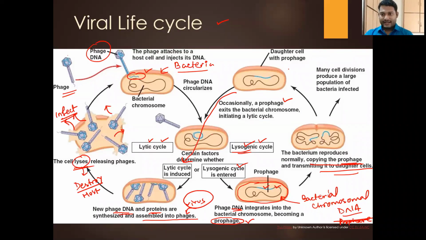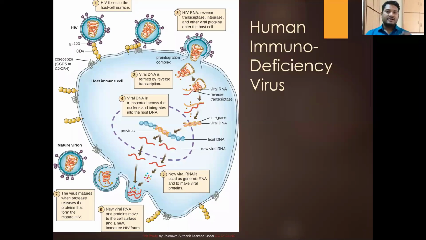That means here we have so many host cells, and each host cell can now produce a large number of phages or viruses, and they can continue the infection at a larger scale. Now, whether the virus enters the lytic or lysogenic cycle depends on various factors that you will definitely learn in higher classes, not here. Now I have taken another image, of the human immunodeficiency virus, the HIV virus, that is going to cause the AIDS that we know about.